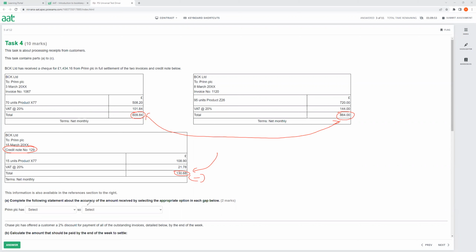All right, complete the following statement about the accuracy of the amount received by selecting the appropriate option in the gap. Okay, so if I add this together, 609.84 plus 864 minus 130.68. So how much is it? How much are you expecting from that customer? So 609.84 plus 864 minus 130.68, and that gives me